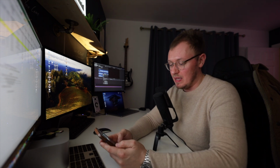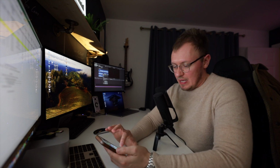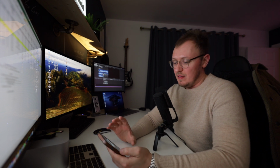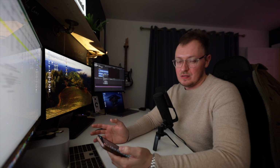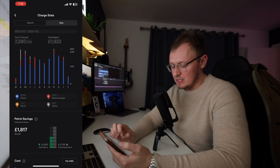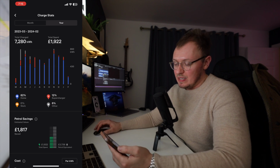So I have the 7 kilowatt Tesla Wall Connector installed at my house. As I said, the two rates are 19p during the night and 32p during the day. I'm going to take you through my charging costs on the app and show you what my usage is. Most of the time I charge at night, pretty much every night. I do 22,000 miles a year, most of it for work. I'm going to go into charge stats here and look at it over the entire year. So 7,280 kilowatt hours